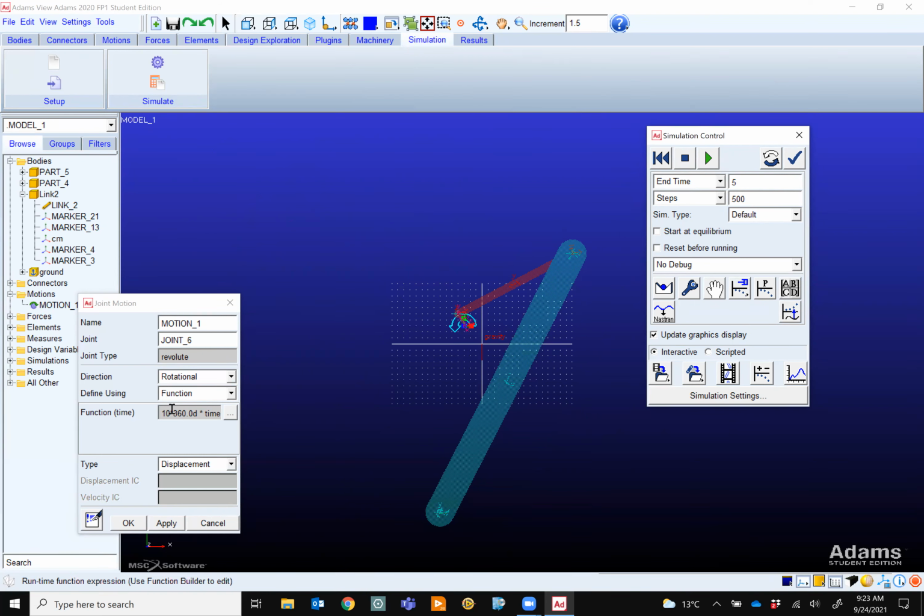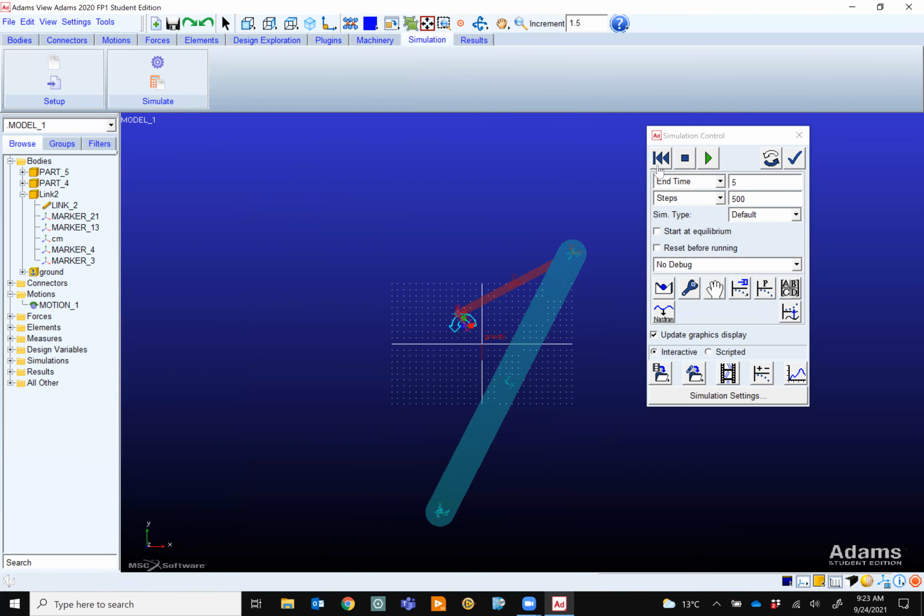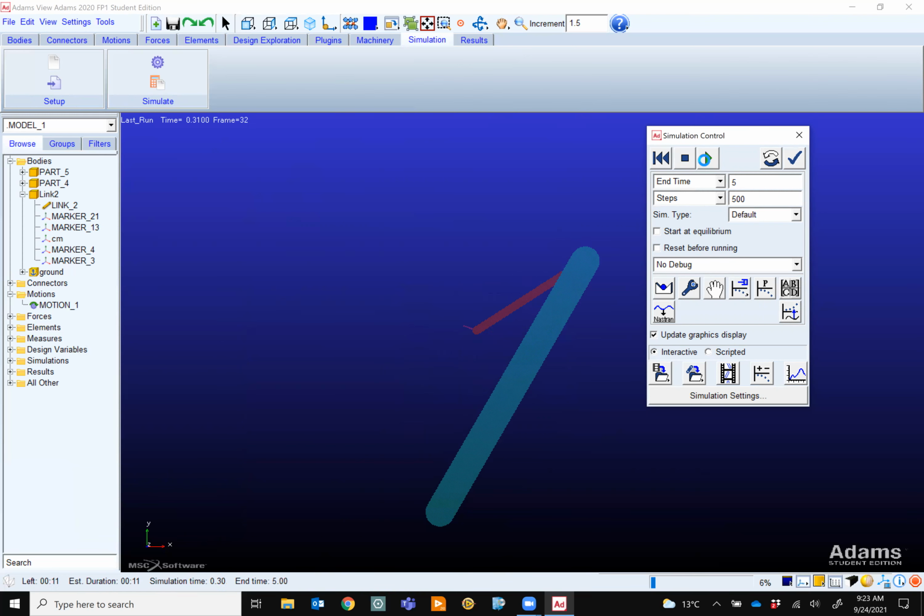All right, so now one last thing that I want to show you. So you see what happened here, right? Try to work like that so you understand what's really happening. Now, if you put these things at 360 degrees, you know it is 1 revolution per second. If you change that coefficient to 2, your speed is 2 revolutions per second. All right, so I run the simulation. I'm happy with the simulation, but that's not the point of the software. The point is to get some numbers, right?